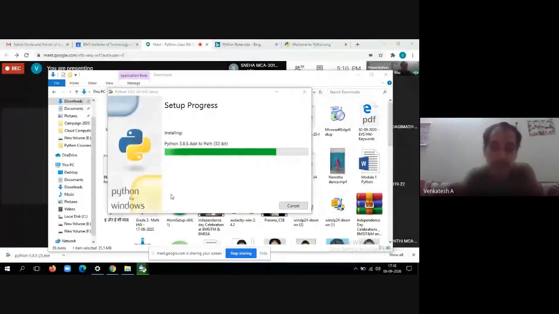So this is one thing. There are so many other alternatives as well. You might have heard about Anaconda. That is also an IDE kind of thing to work with Python, and it is also an industry standard tool. You need to have 4 GB of space, so it takes a lot of time for installation. For our purpose, the basic version of Python for Windows is good enough for us.